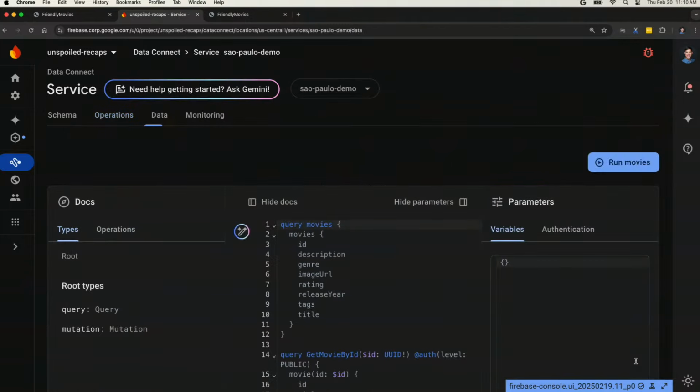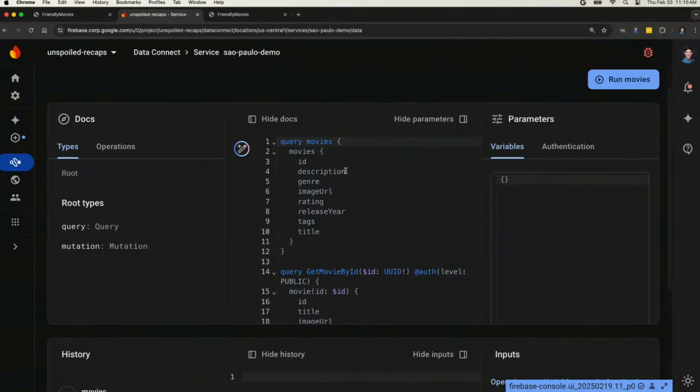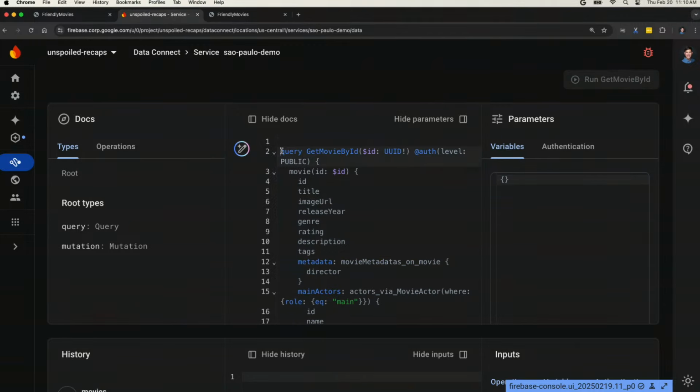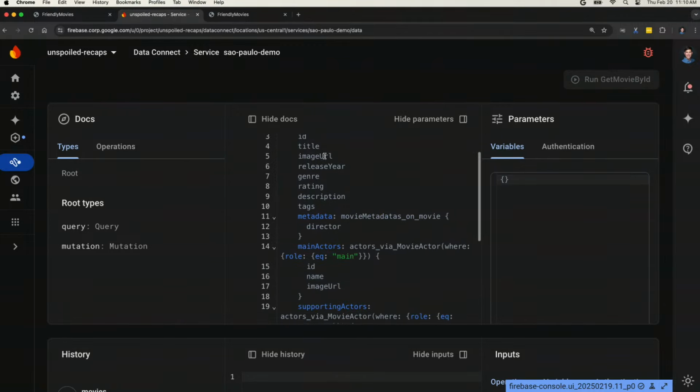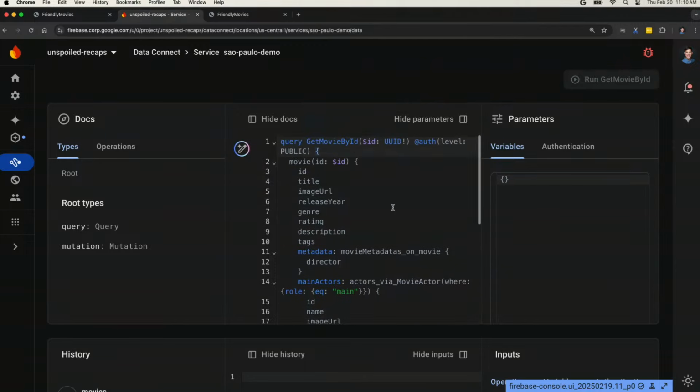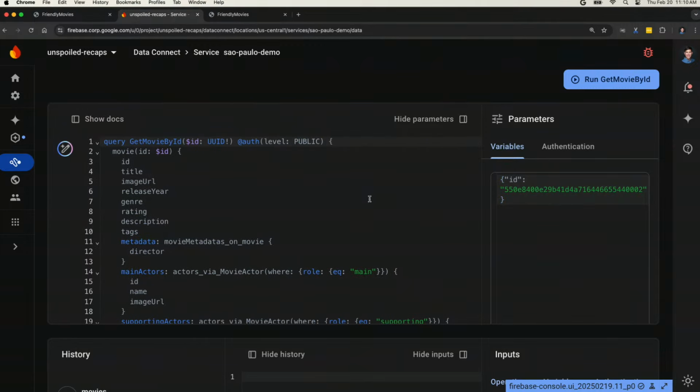Now, you'll notice I can go monitor this to see what's going on in my prod instance, or I can go over to run, which will take me back to my data page. And you'll notice I still have my previous movie query here, so we can get rid of that. And we have our get movie by ID. And you'll notice that it takes this ID field. So we can actually inject a variable here. And this is the Lone Outlaw, the one I pulled just from the previous page. Here we'll hide the docs to make this a little bit more visible.